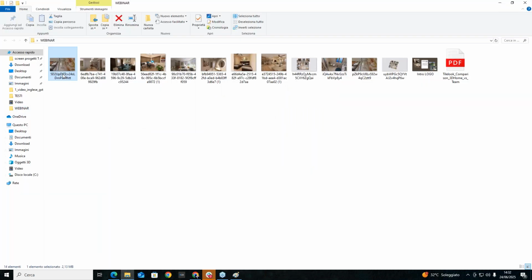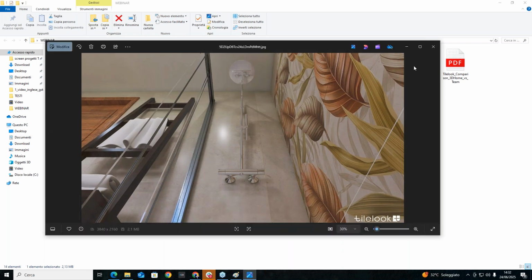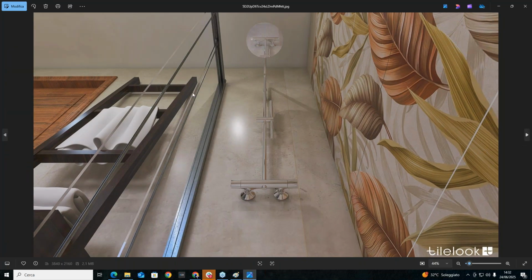So as you may know, we have introduced the Tilelook 3D Home as an alternative to the previous software 3D bathroom, which is quite obsolete, and we think of removing from the market by the end of the year, or at least at the beginning of 2026. And we are trying to encourage you to try out the Tilelook 3D Home, if you are already a subscriber of Tilelook 3D Bathroom, to try it out for 14 days. Later, I will explain how to do so, because